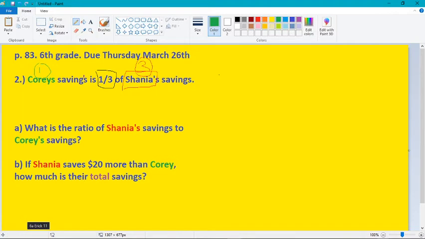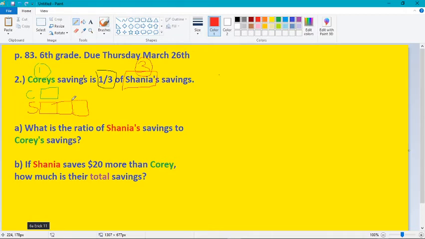Let's draw a bar model to understand this. So we have Corey, which represents 1 bar, and we have Shayna, which I'm going to put in red, which represents 3 bars. So we have 1 bar, 2 bars, and 3 bars. You'll notice that these bars are the same length, or at least I tried to get them